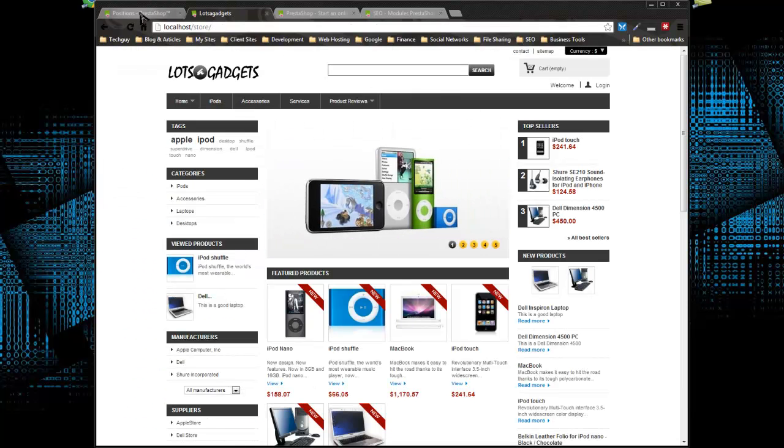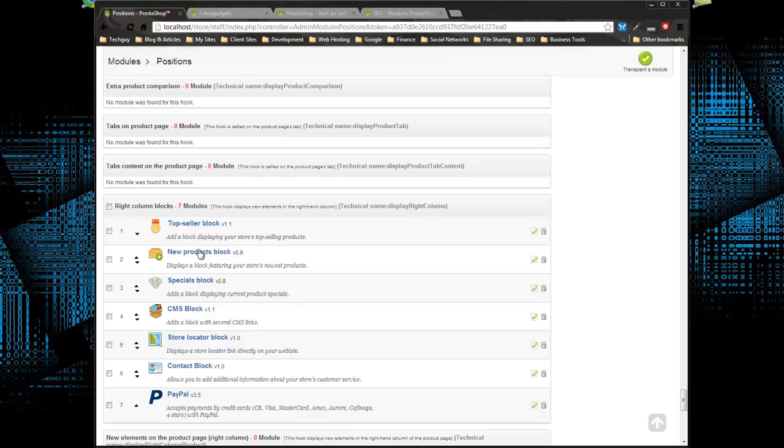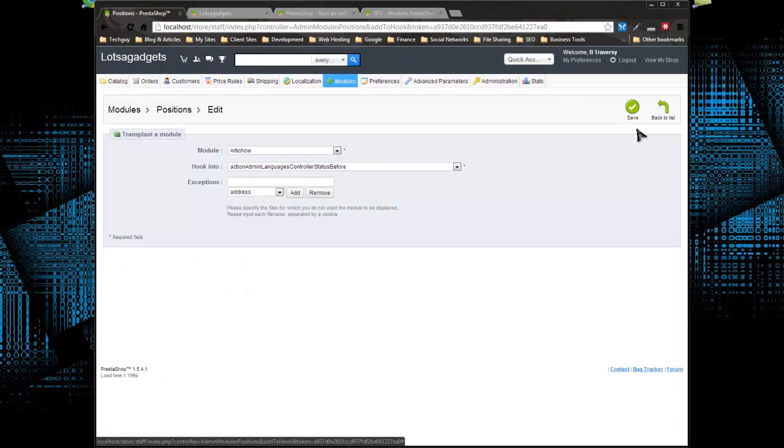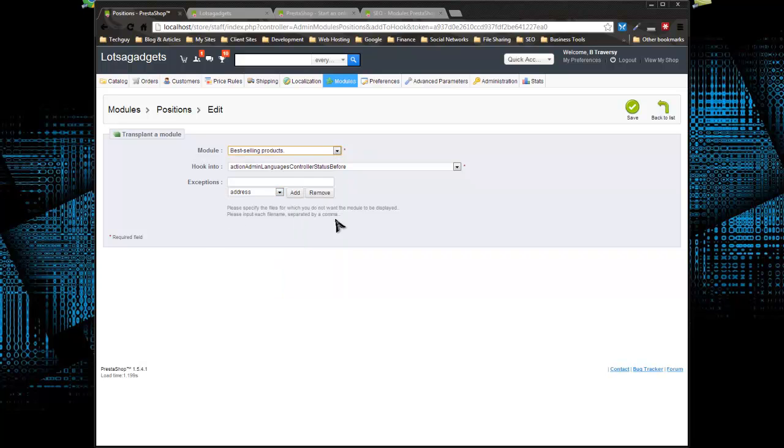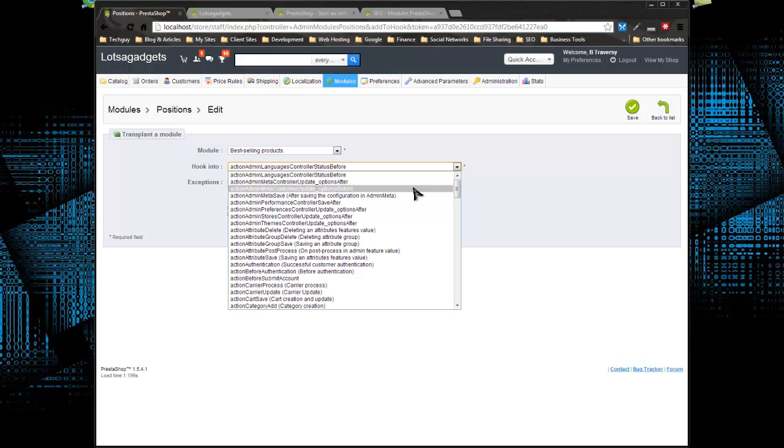The top sellers. We can't just move it. Well, yeah, we can't just move it. What we have to do is create a new instance of it on the left. So we can do that by clicking up here, Transplant a module, which basically means put in a new module somewhere. So we want the best selling products module, and then hook into, we don't want an action, we want